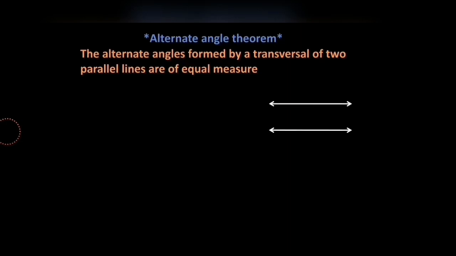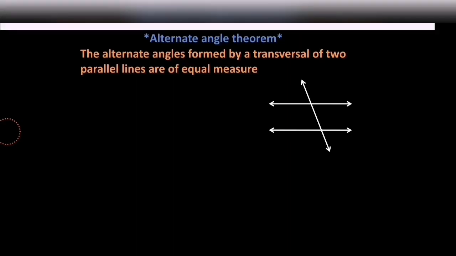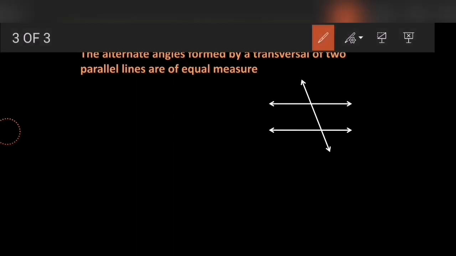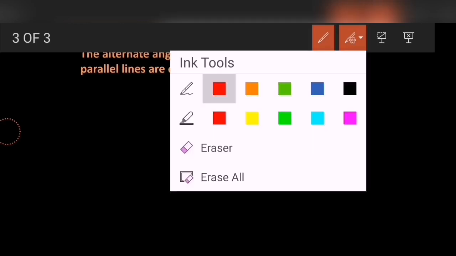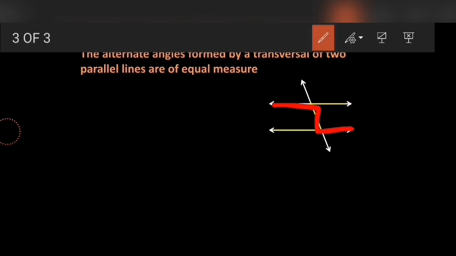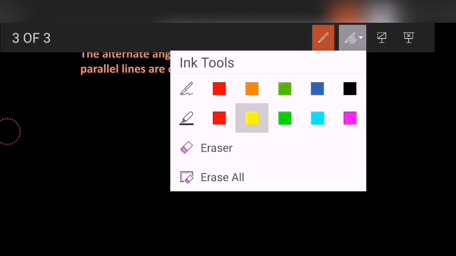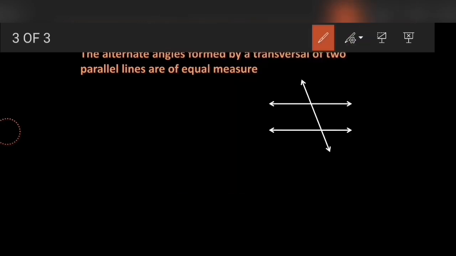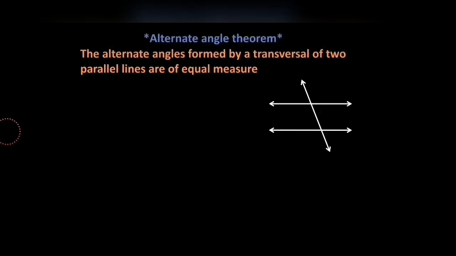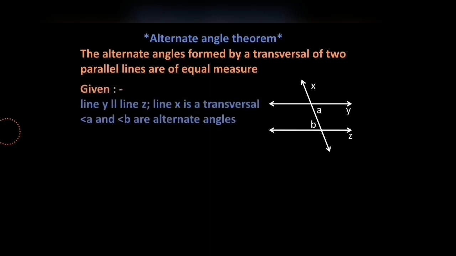So here are the two parallel lines, the transversal of them, and we have to consider two alternate angles. And as sir told you, alternate angles you write in a Z shape, either in this manner or in this manner, right? Any one of them, whatever you feel. Now after that, I chose the angles as A and B, right? And the naming of the lines will remain the same as in the previous theorem we did. Okay, so the given part will remain the same.